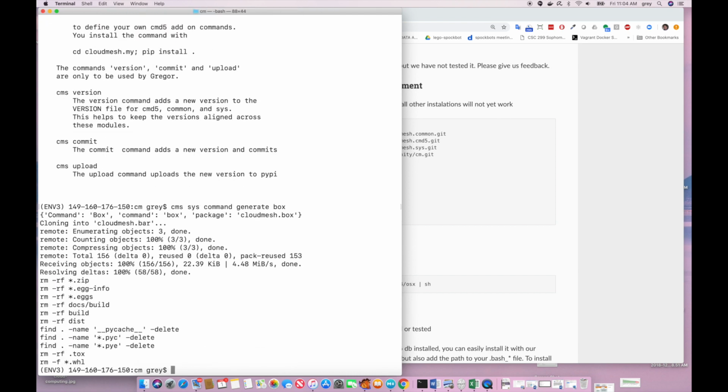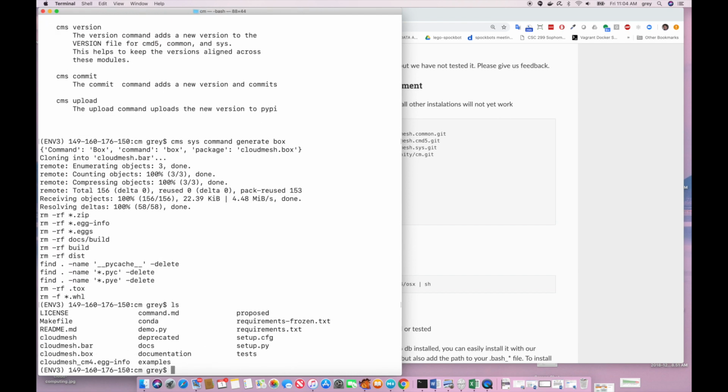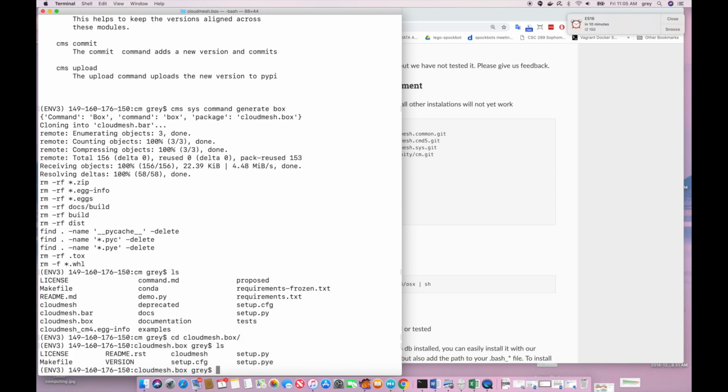We type this command. When we do now an ls, we have actually here a box folder created that we want to look into, and we go into this box folder, cloudmesh-box,